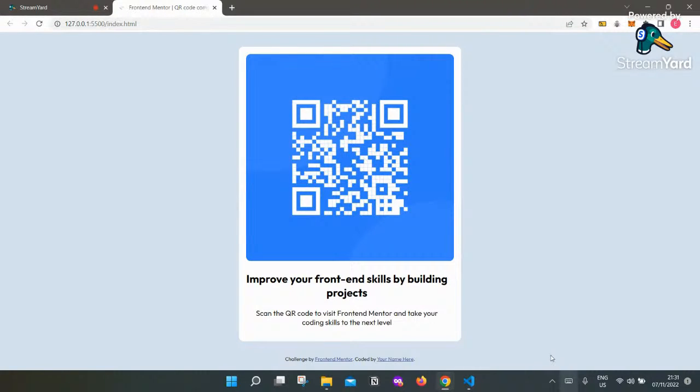Trial and error, and also calculations, trying to get the design that gives you the pixel perfect look that you're looking for. So my card component, my QR code component is practically complete. There's not much left to do, except I like to also add a bit of design to this